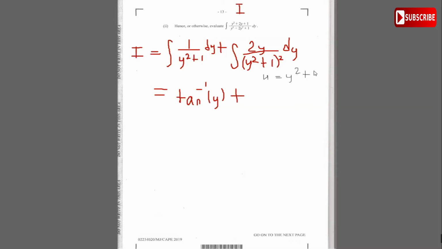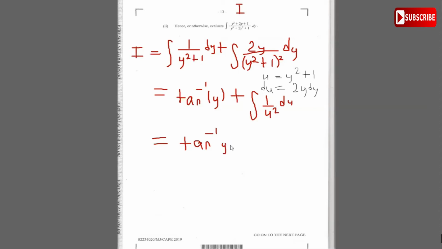If u is equal to y squared plus 1, then what is du? du is going to be equal to 2y dy. So what does that mean for us? That means that this piece right here is going to become, using the u substitution, the integral of 1 over u squared du. And so what we're getting is that I is equal to tan inverse of y